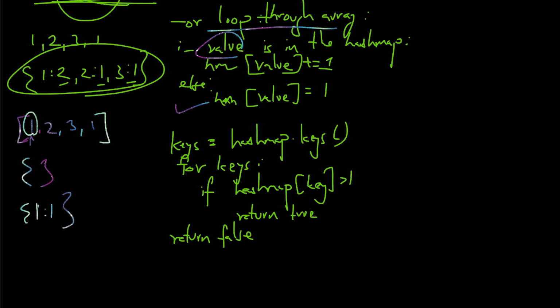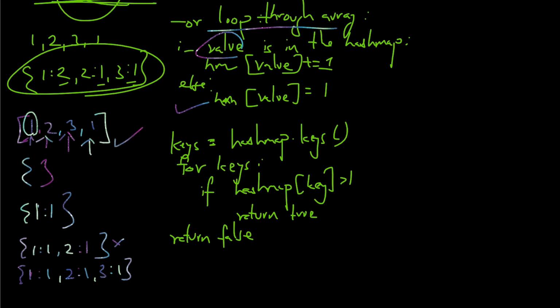Then the process repeats. The pointer of the for loop comes over here. Is 2 available? No. So I am going to say 1 is equal to 1, 2 is equal to 1. Again the process repeats since the pointer is over here. Is 3 available in the existing hash map? No. So 1 colon 1, 2 colon 1, and I add 3 colon 1. Then the pointer comes over here. Is this value available in the hash map? Yes. In such a scenario, I'm going to update the count of the element by 1. So 1 colon 2, 2 colon 1, 3 colon 1.